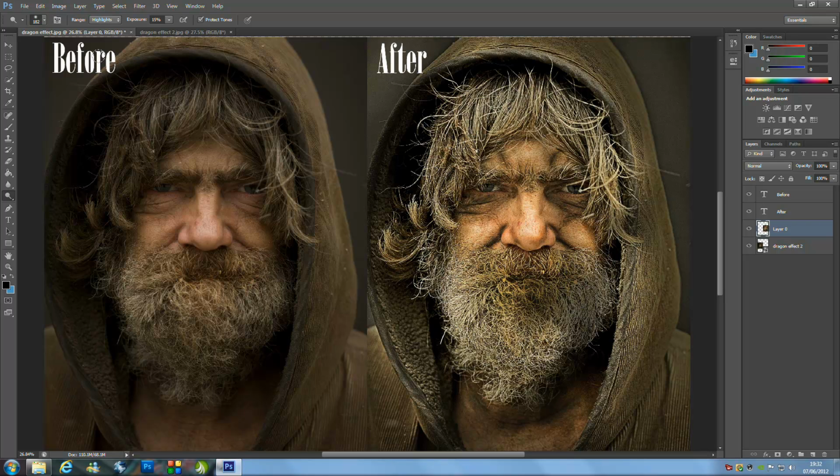Now today I'm going to be teaching this really cool Dragan effect. Now this effect does take quite a while, but as you can see it's really well worth it. Now this effect works really well with older people. Older people have a lot more wrinkles and a lot more shadows on their face, so that's why it